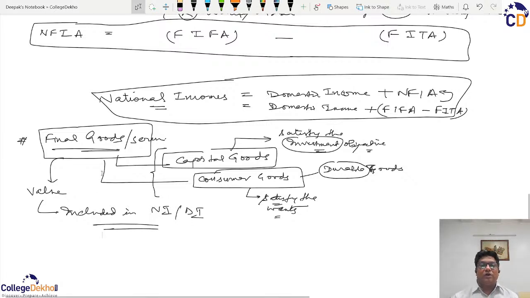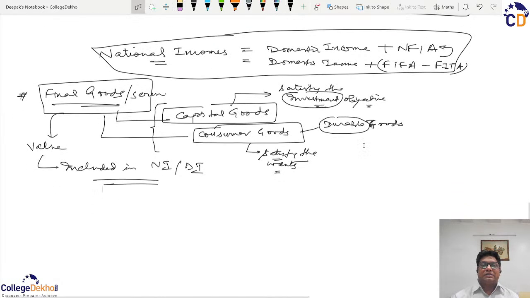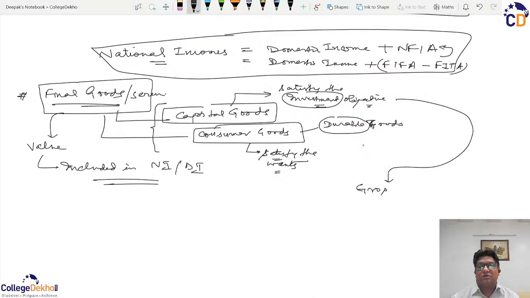But the point to be remembered is that these capital goods or this gross investment, so instead of the word gross, I will just write the word investment, that this